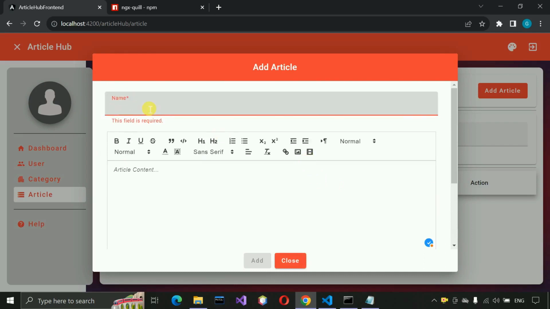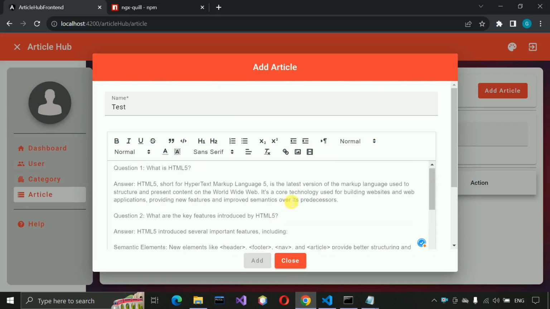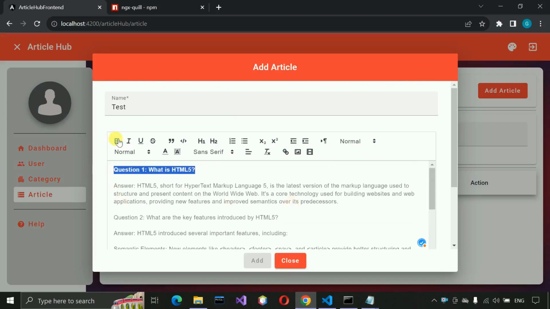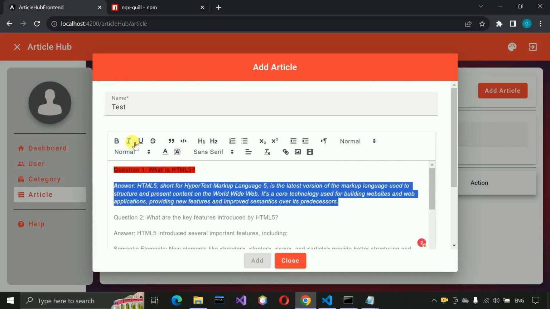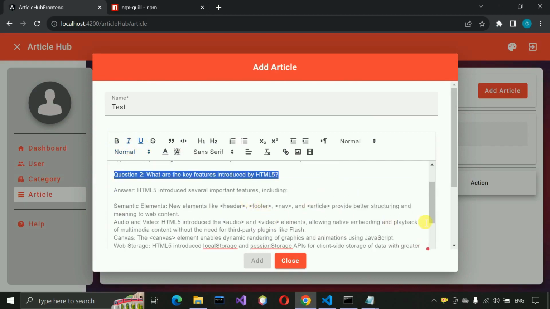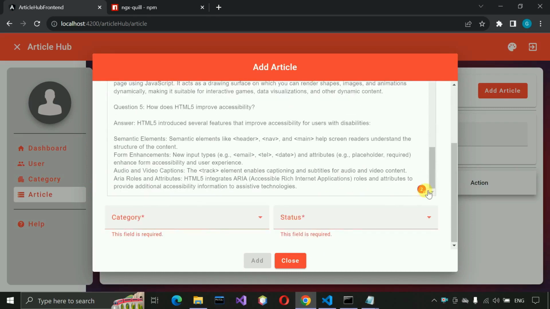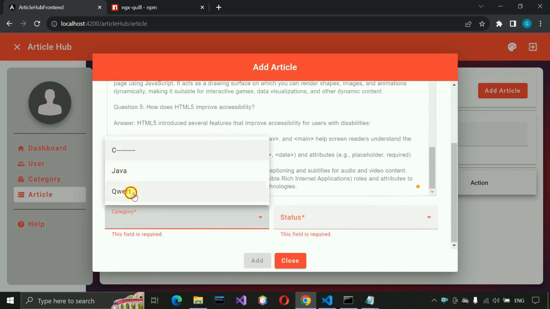So here I'm going to write test, and here I'm going to write some text. I'm going to write just some random HTML stuff and change it. If I make this bold, and change the color, you can see the color has been changed. I'm going to make it italic, and change this one to underline, and change this one to a bold color. Now I'm going down, and let's say select this one, and I'm going to select